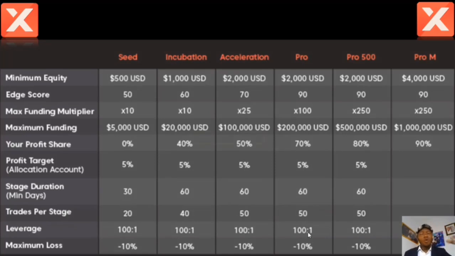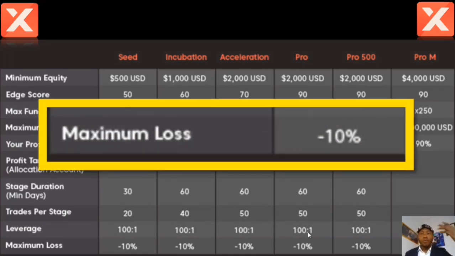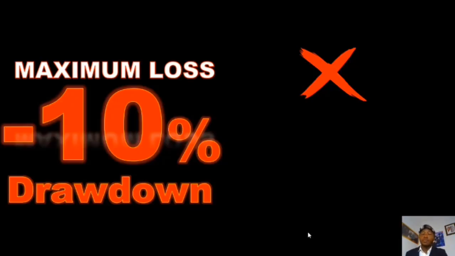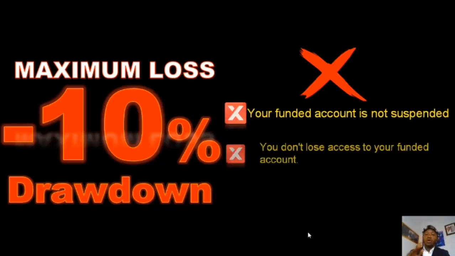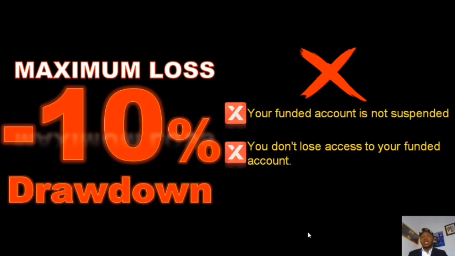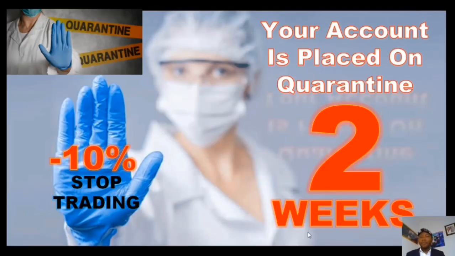Now the question is, what happens if I now hit my 10% loss? What happens if I hit my 10% drawdown? Now let me show you what will happen. When you get to 10% drawdown, your funded account is not suspended. No, you don't lose your funded account. You don't lose access to your funded account. And the reason is because the 10% maximum loss is not a hard breach rule. Now, the only thing that will happen is that